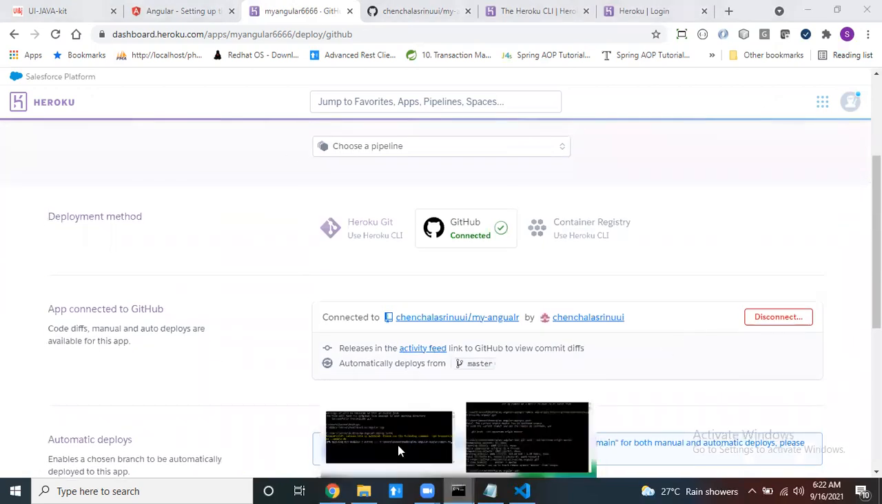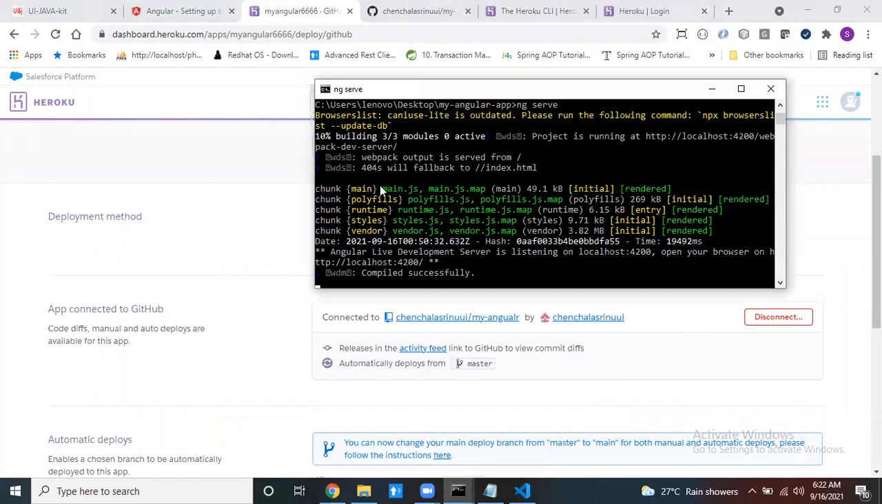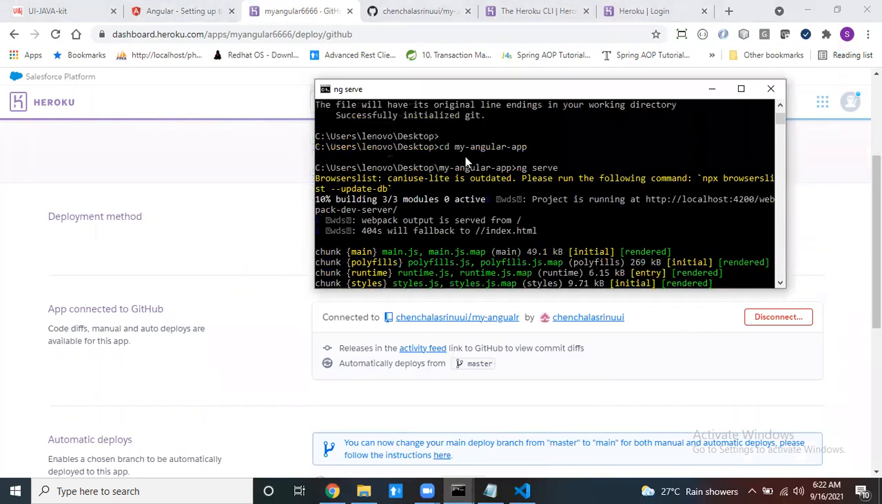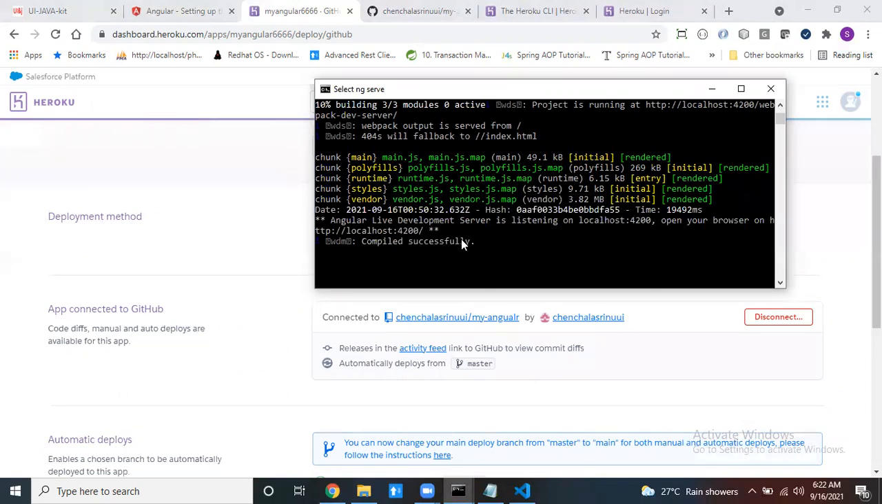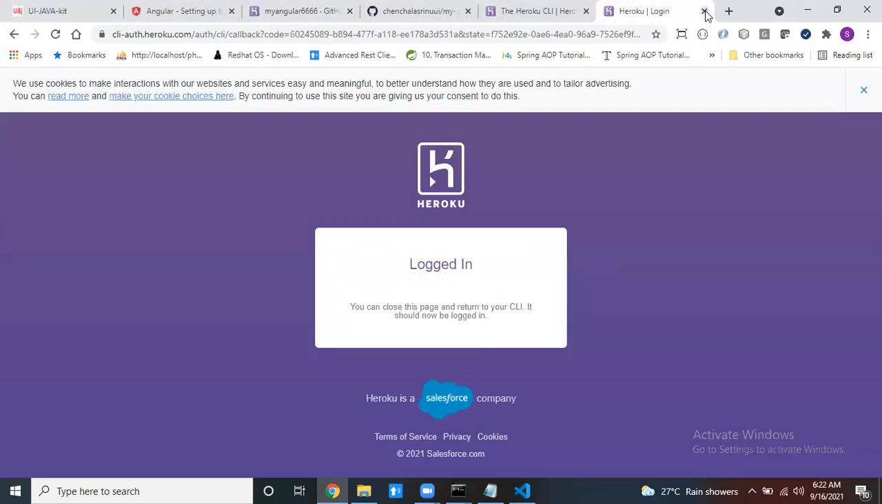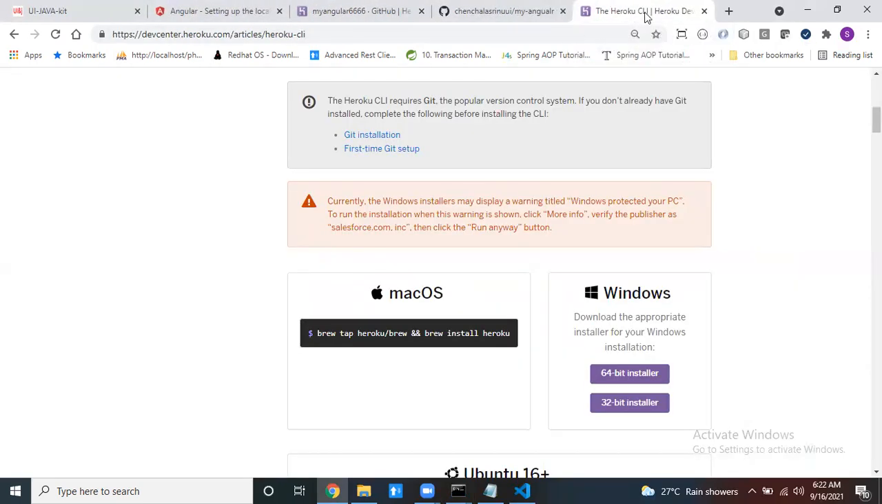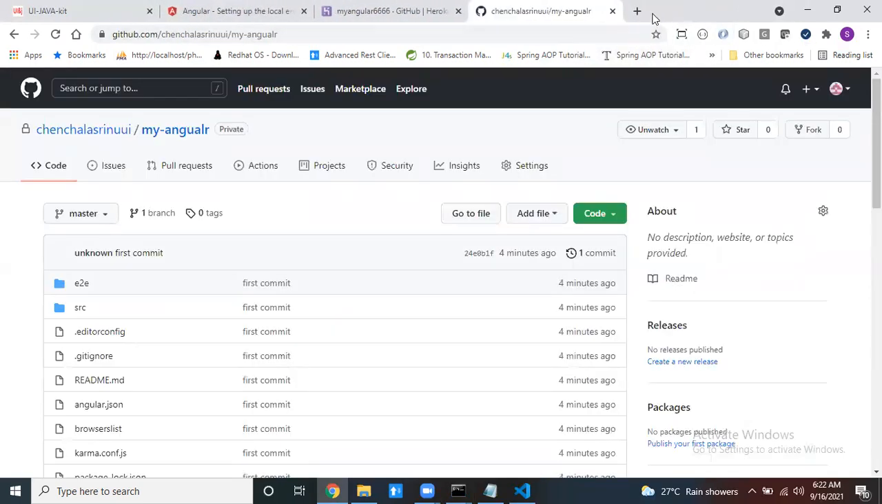Now come here. Now see this. I run my Angular application by using which command? The ng serve command. It is compiled successfully. In which port number is it running? Localhost 4200 is the port number. So close this one. This is also not required. Close it. Now here you can open